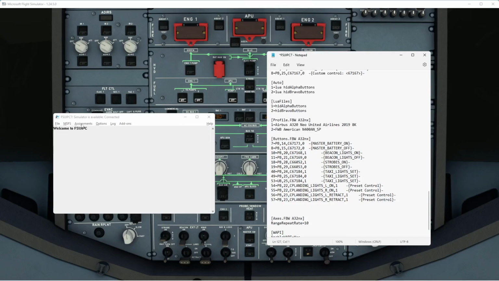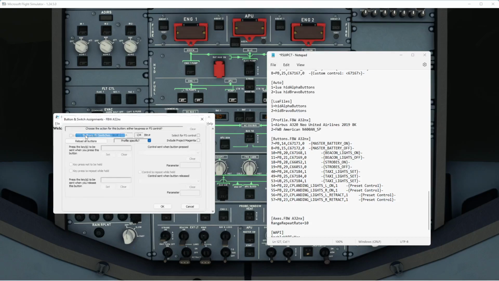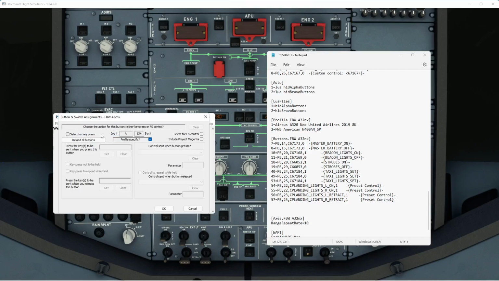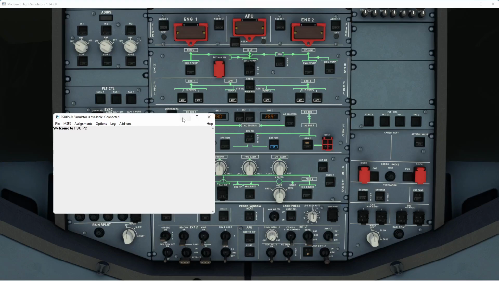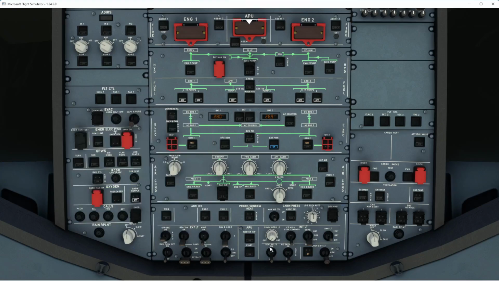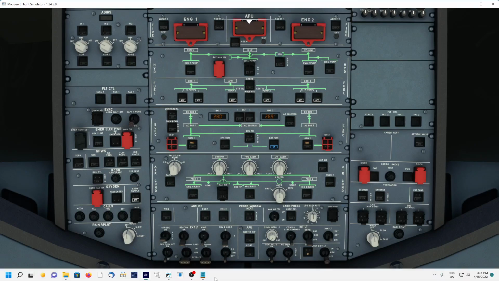Okay. Then come back over to Assignments, Buttons and Switches. And I'm not sure if you need to do this, but go ahead and reload all buttons and click OK. And now you should have, basically, it's not a true 3-position light. And if you look at the